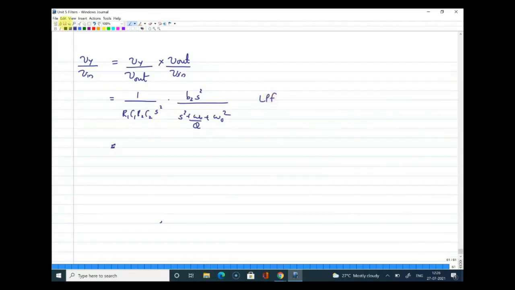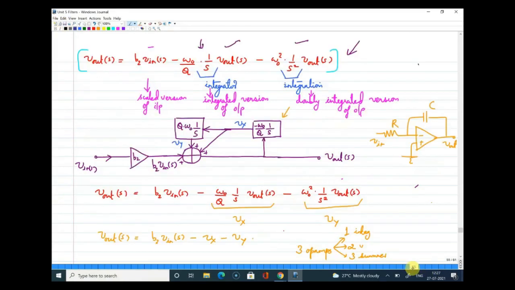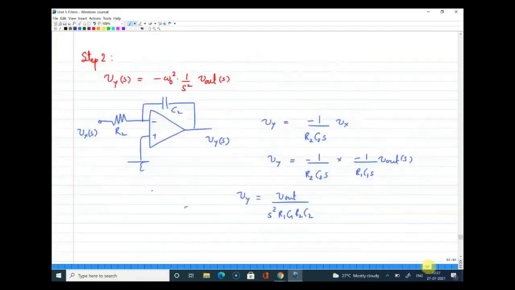So that is the advantage of KHN. You have all the filters, all the responses like low pass, high pass, and band pass together available if you are able to implement this. But at the cost of having multiple op amps, then also you need to look at the poles and other conditions of the stability of the circuit, that also needs to be checked thoroughly before we go and implement this, right? So this is all about KHN biquad. I'll be winding up now, and if you have any questions, you can ask them now.